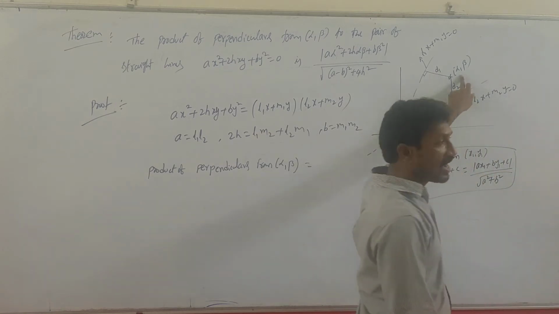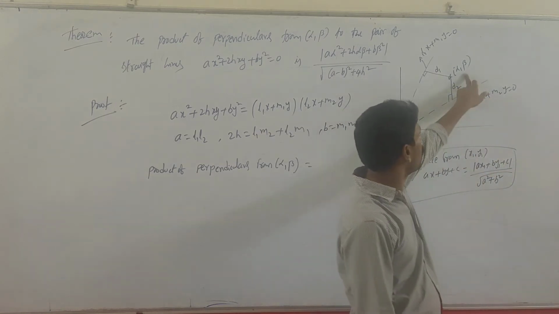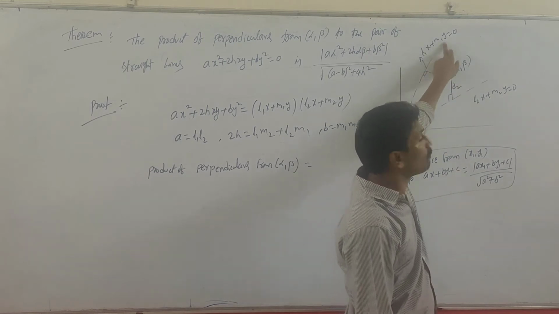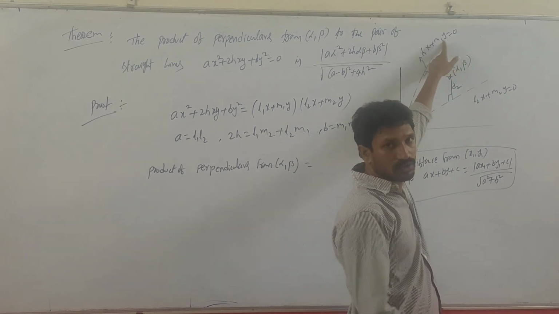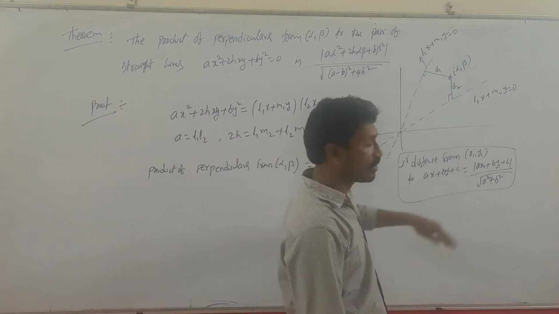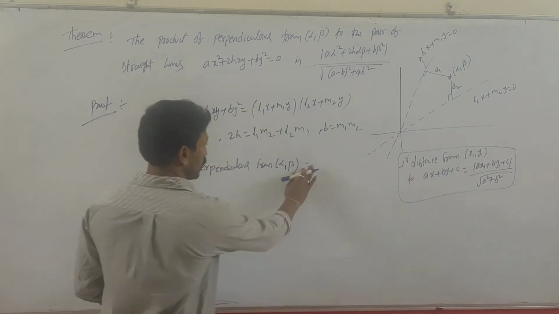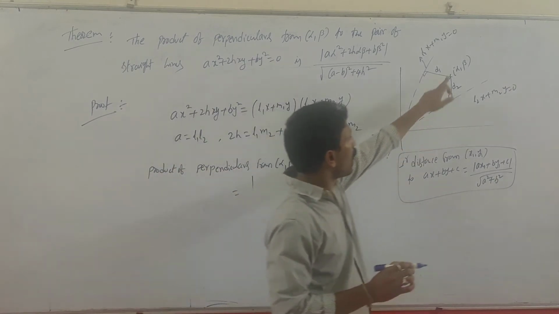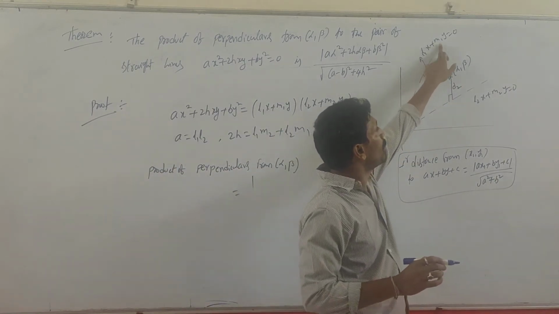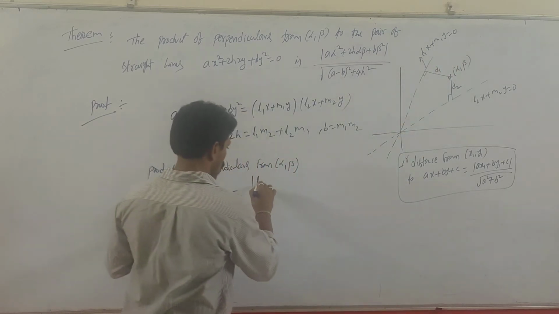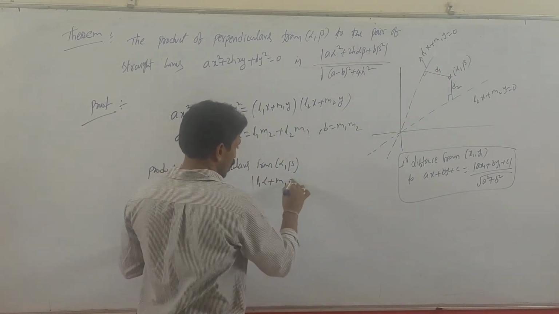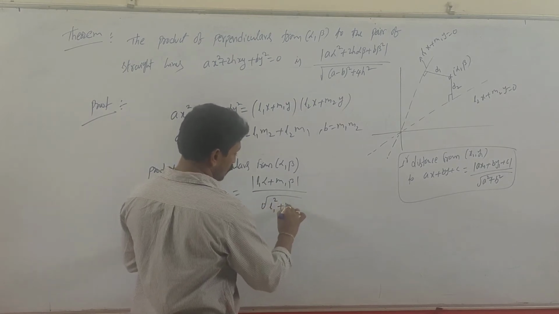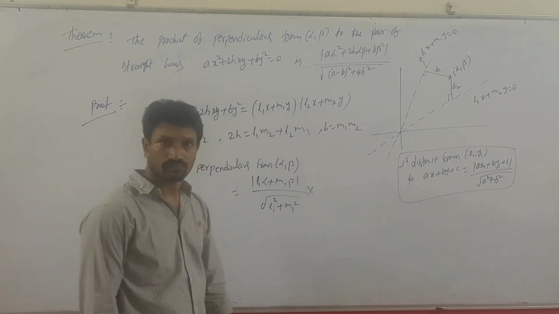See, in the place of x1 comma y1, alpha comma beta is there. In the place of ax plus by plus c, L1x plus M1y. There is no constant, so no need to write the constant. Okay, don't write the constant there. So this is equal to what? Modulus of, substitute here, L1 alpha plus M1 beta by root over L1 square plus M1 square, into